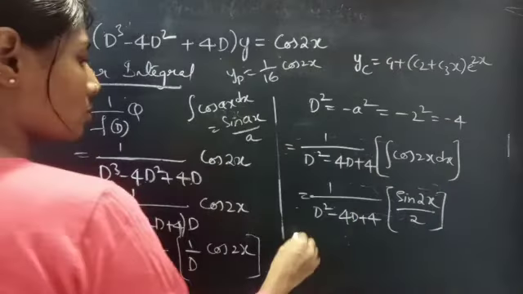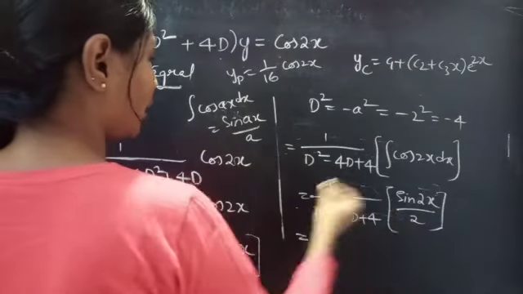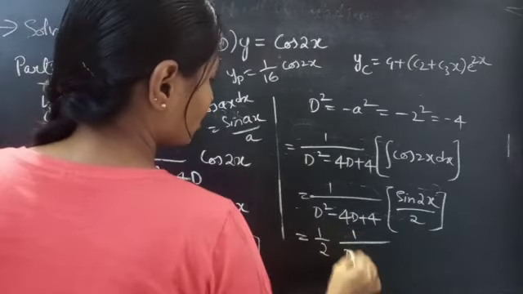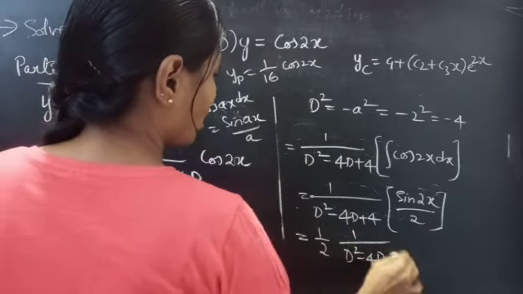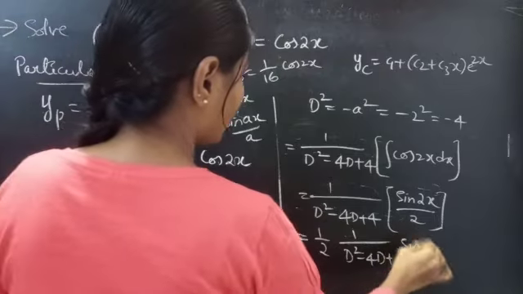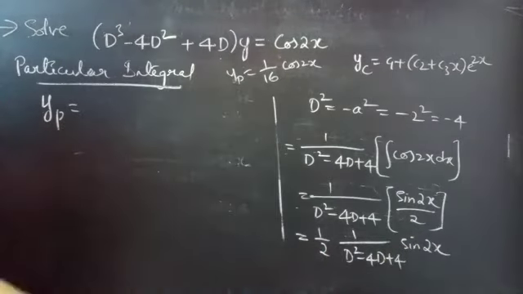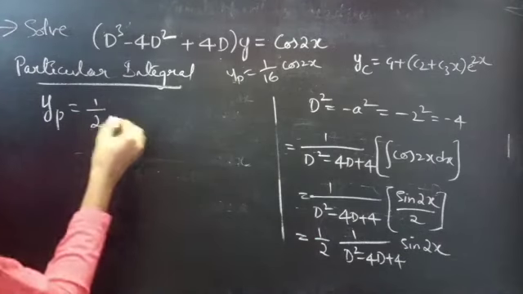So we can write this as 1 by 2 into 1 by D square minus 4D plus 4 into sin 2x,